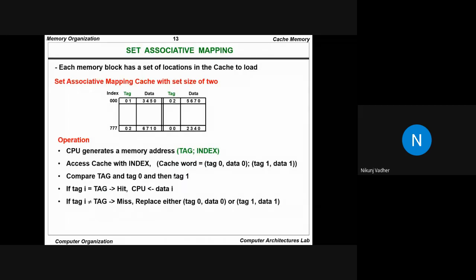In set associative mapping, on one index we will have two tags, tag 1 and tag 2. So on one index we can store two values, which was the limitation of direct mapping. If the index and tag both match, then whatever content is there will be directly forwarded to the CPU. Otherwise, it will result in a cache miss. So the memory will be accessed and the content will be retrieved, the tag will be updated with the new value, and the content for that tag will also be updated.